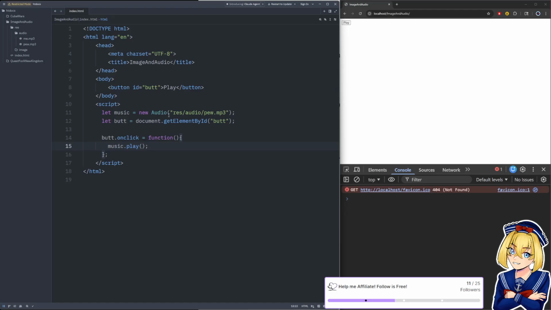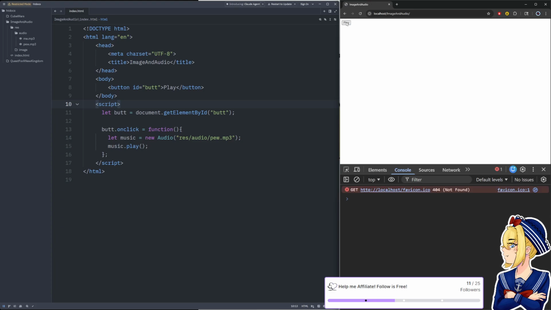But if we make a new audio clip every time we click the button, and then we play that new audio clip, then it's going to overlap, because they're new audio tracks that just have the same sound. So we're making a new one and playing the new one, which is why we can overlap now.